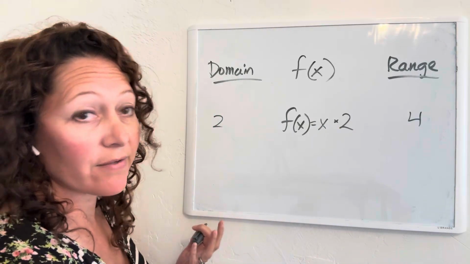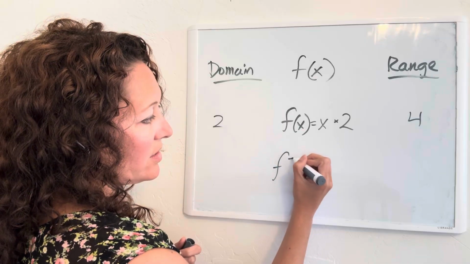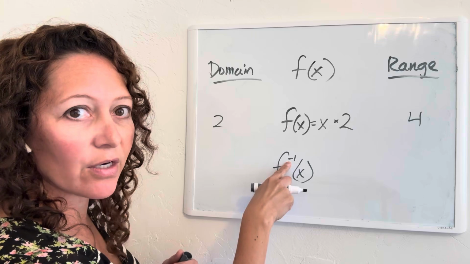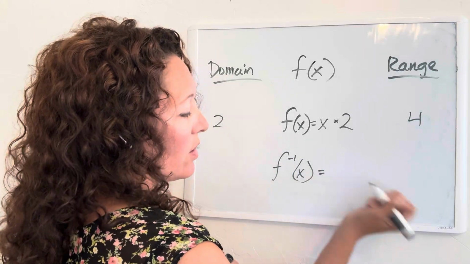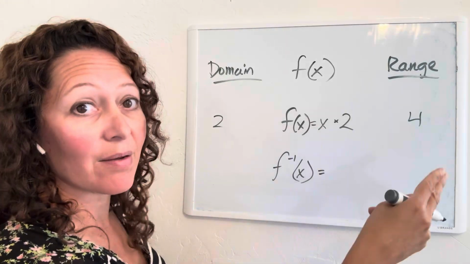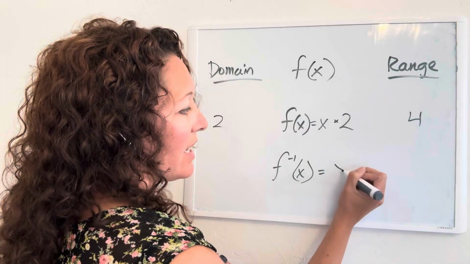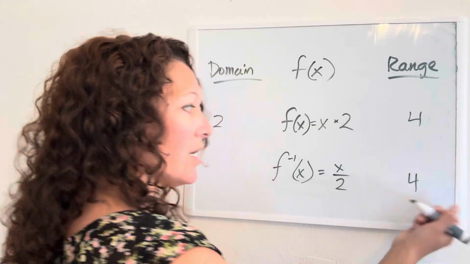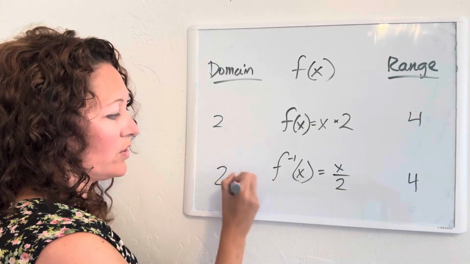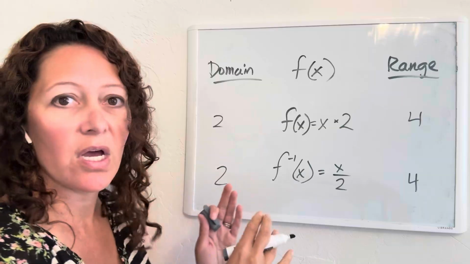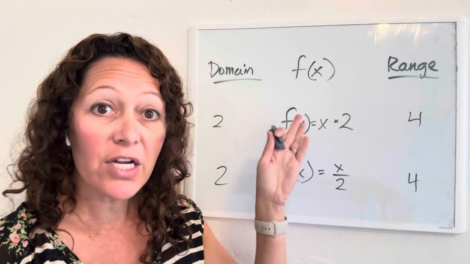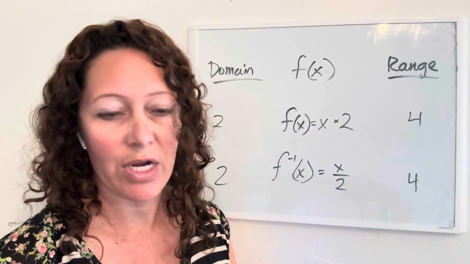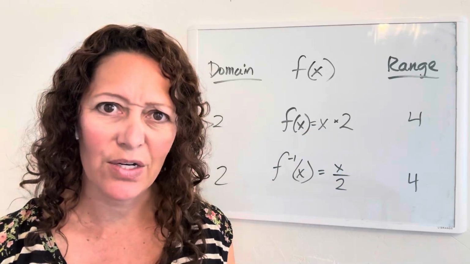So the inverse function, it's the f of x, but you have that little -1 here for the exponent to show it's an inverse, would be the opposite of what x times 2 is. And what's the inverse of that? It would be the number divided by 2. So it's the division of it. So if you had 4 over here, you work in reverse, then you get back over to 2 in this direction with the inverse. So just comparing the functions with the inverse, they show that in the red box is the function and the inverse is in the green. Just pointing that out so the kids understand that.